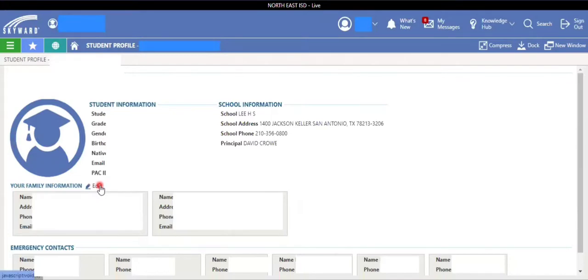Click where it says Edit, and it's going to allow you to update your information along with the phone number and email address. And what that means is if something happens at school, the school can get a hold of you. It's really, really important that you update this anytime there's changes and check it every year to make sure it's up to date. The other thing it gives you is emergency contacts, and you have a place for both